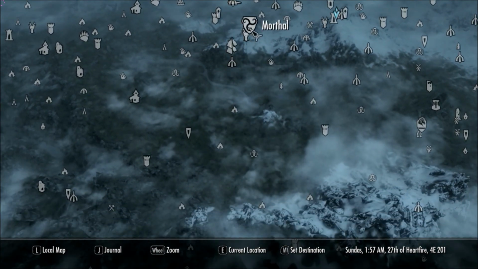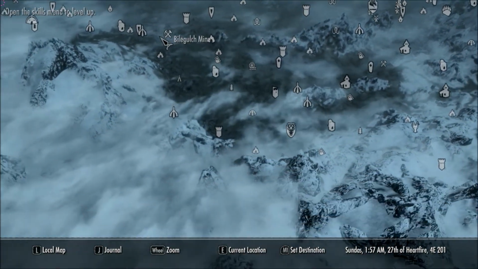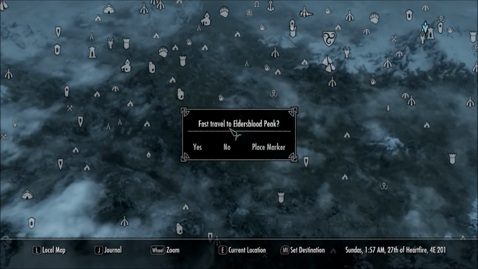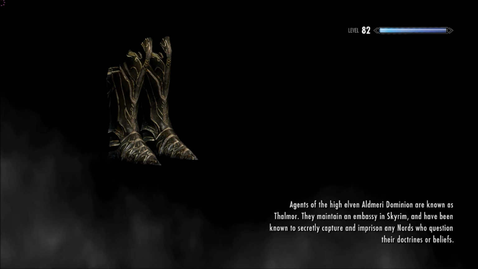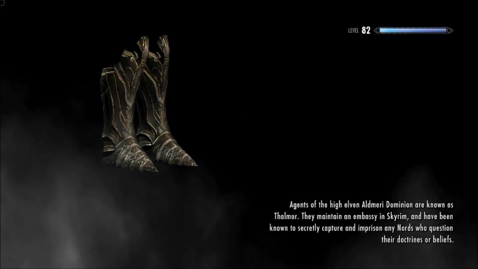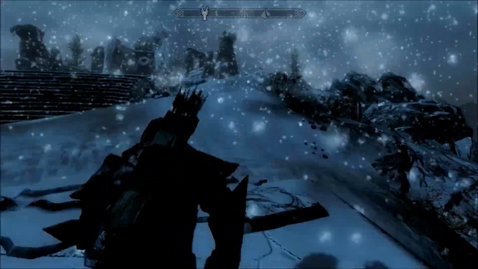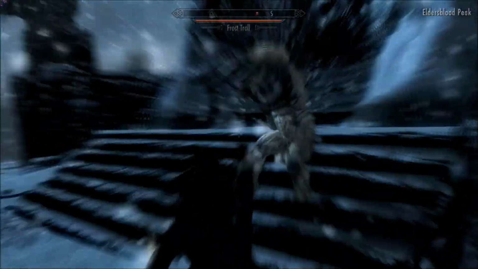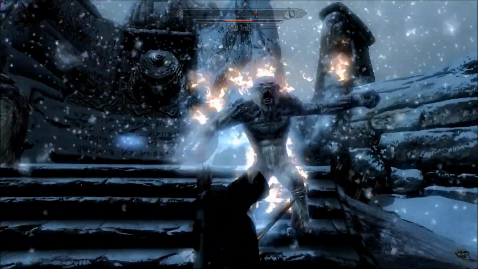So let's give an example. Let me find a snowy place. I'll just put Peak is pretty good. Now let's just go back to Elderscrolls Peak. As you can see, the snow, the precipitation looks much more realistic. And what's nice is that the original Skyrim, if you install this mod,